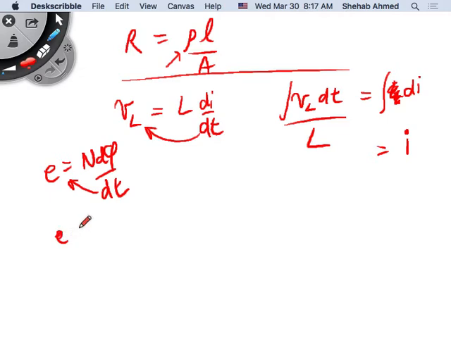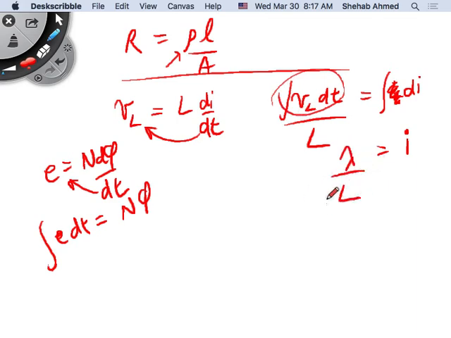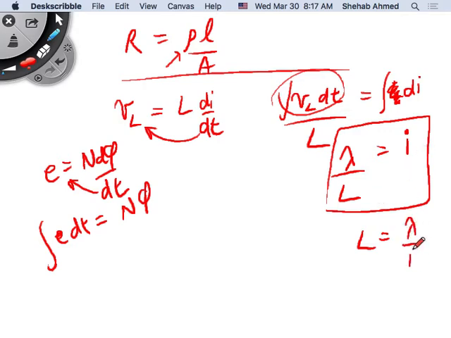Bring dt on one side, so this integral of voltage is equal to the flux multiplied by the number of turns, which is the flux linkage, right? So this integral here is the flux linkage. So L is equal to lambda over I, right? So our objective to calculate